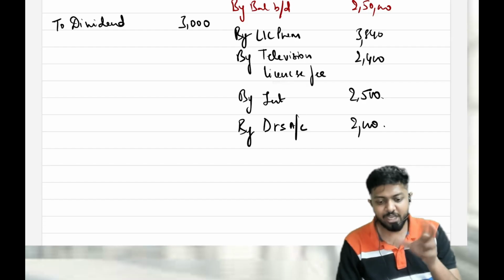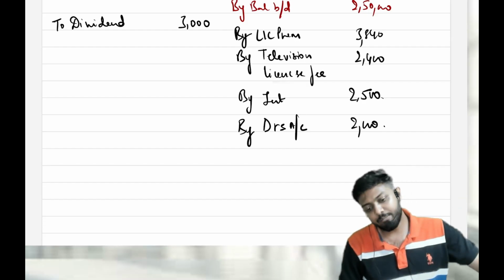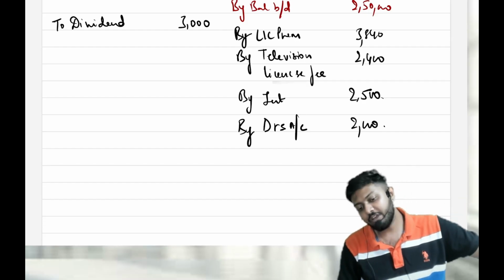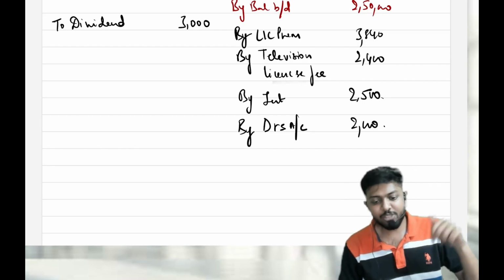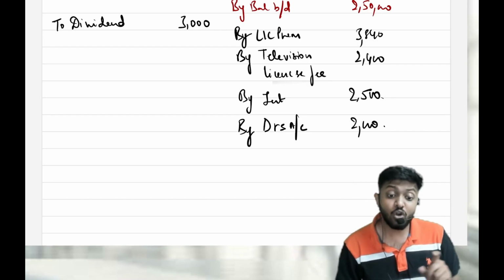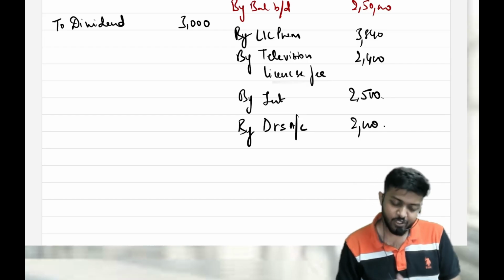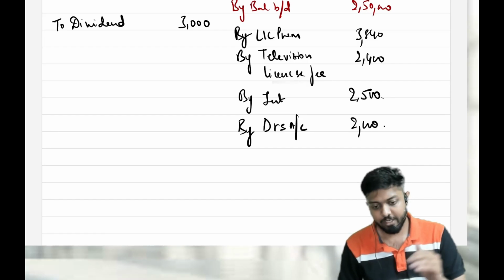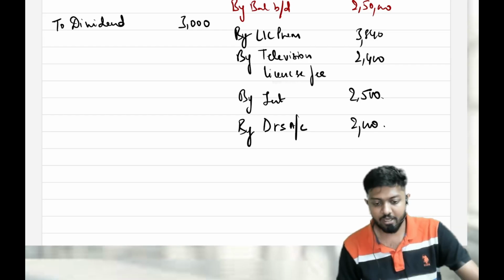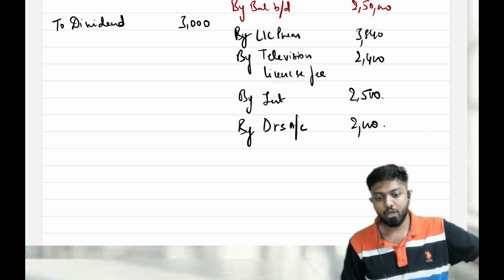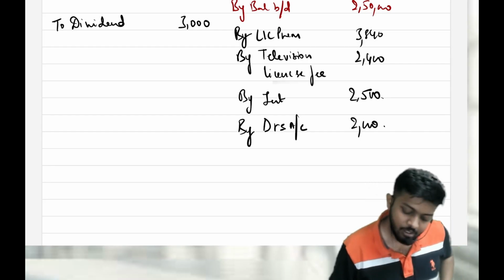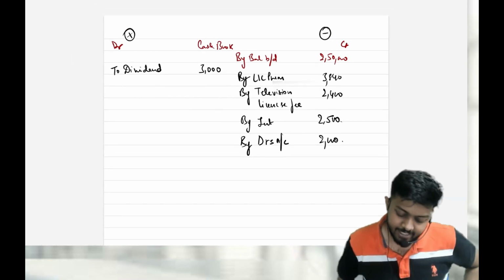Now say value of the bill is 2,000. Bank would have deducted discount and suppose it would have given me 1,900. But again, when the dishonor happens, bank will deduct how much money from my bank account? Entire 2,000, not only 1,900. So if discount is there, consider that also. Net plus discount, you have to take gross only here. Gross will be deducted by the bank, not the net which is given to you at the time of discounting. Now I have adjusted.